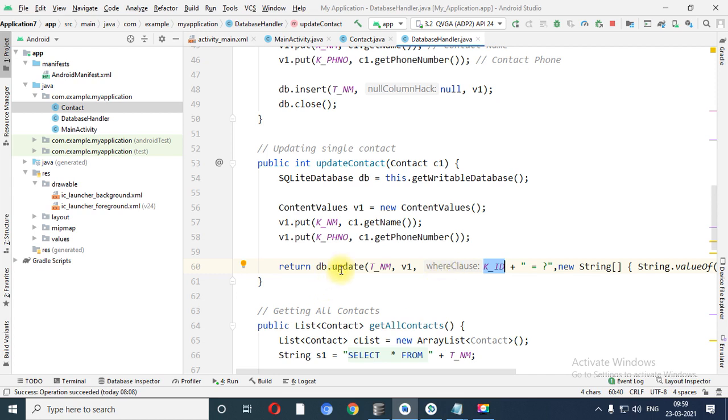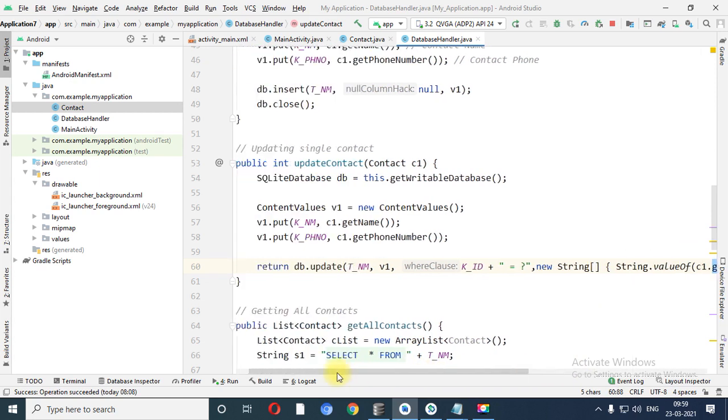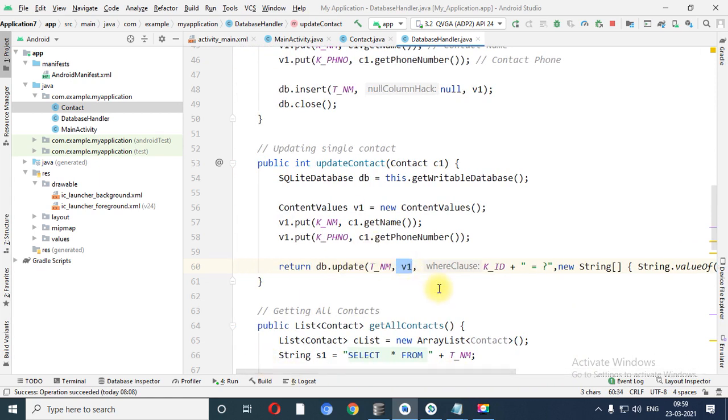So that is the syntax of Oracle. Over here, where clause, where KEY_ID equals to new string, which KEY_ID? c1.getID. That means ID number 4. So it will replace the value of ID number 4 and return that number.